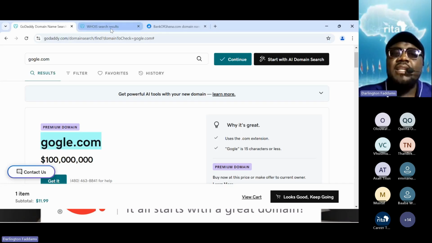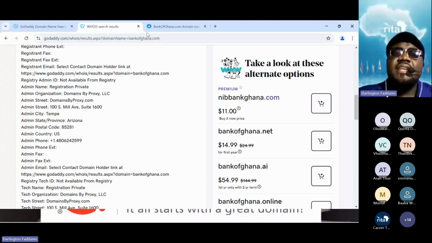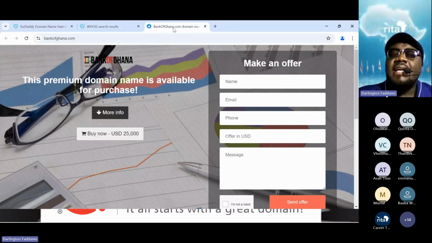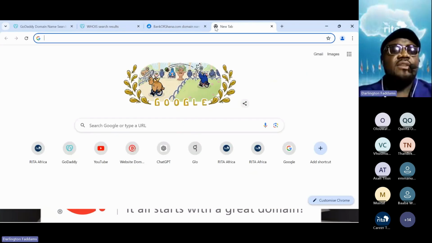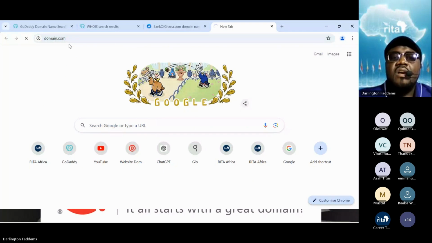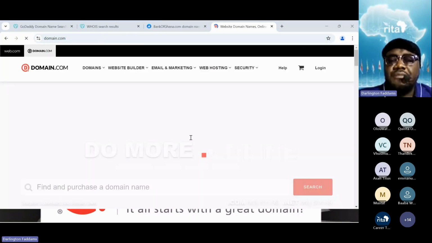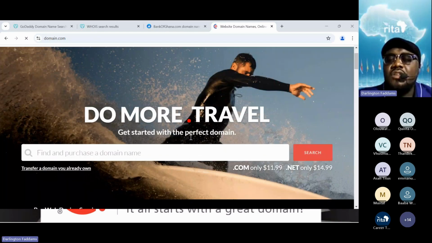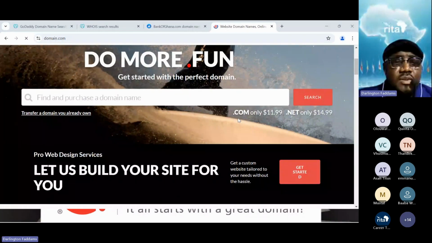And you may like domain.com because for several years, domain.com has not changed their prices. So when I go to domain.com, I'm going to see that on domain.com, the domain prices.